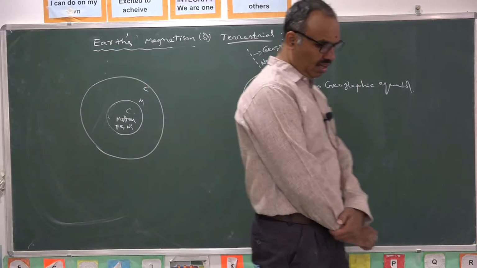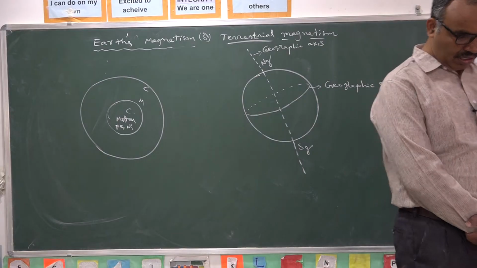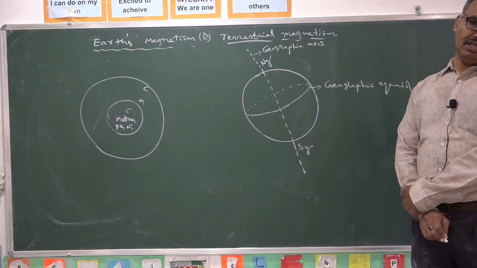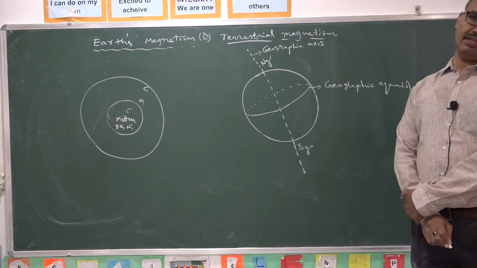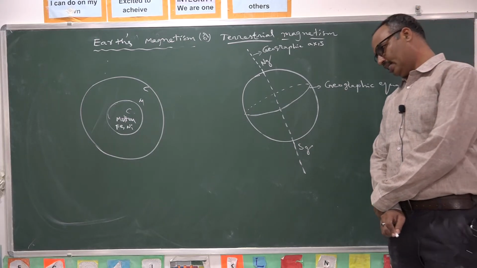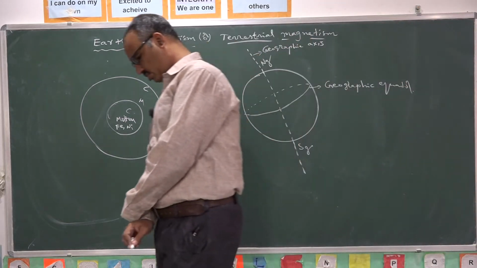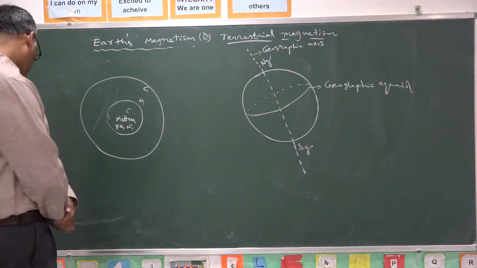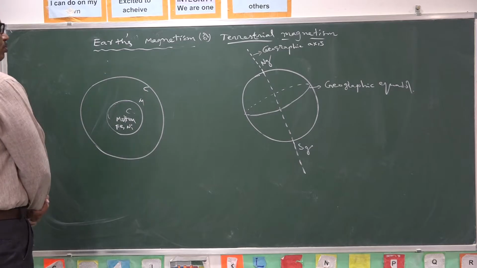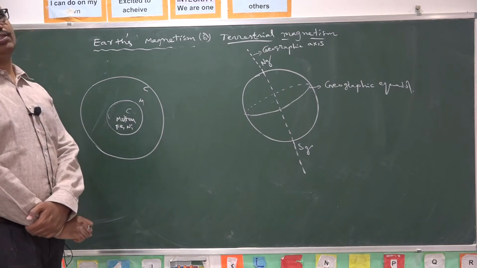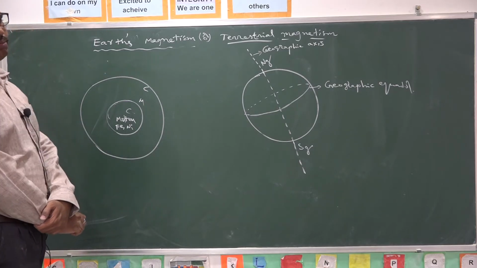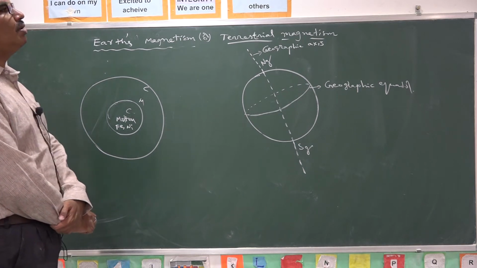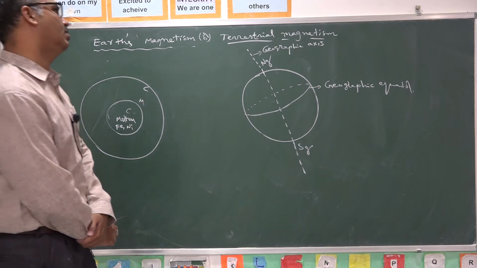So these are the various theories which are supporting the magnetism of the Earth. But in all the theories, if Earth stops its rotation, the magnetism of Earth gets lost. So to understand the magnetic property of Earth at a given place, we require certain parameters. Let us understand what are the elements of terrestrial magnetism.